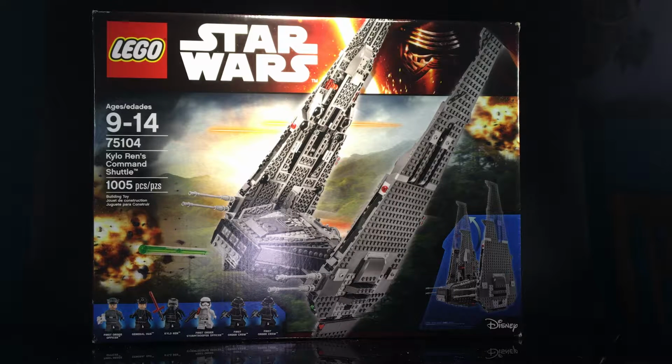Alright, this is Brick Ninja and Brick Ninja, my 1x5. And this is the Lego Star Wars set Kylo Ren's Command Shuttle, number 75104. 1,005 pieces. This is a big set. It comes with 6